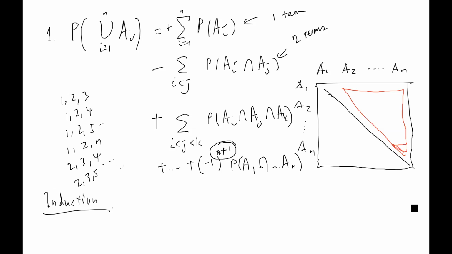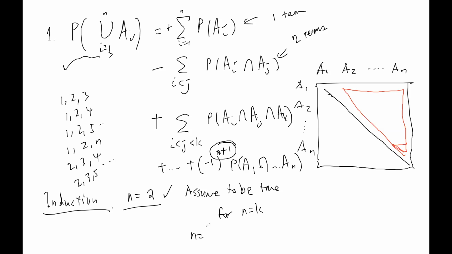First you check n equals 2, right? n equals 2 is definitely correct because we already proved it just now for the specific case. Then you assume it to be true for n equals k, and you want to show that for n equals k plus 1,